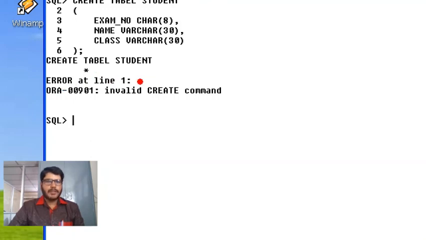You can see here it is highlighting the mark at table here, and it is generating a error message saying that error at line number 1. What it is saying? The error message is invalid create command. So that means what? Whatever created command you are writing, it is invalid. There is no such create command. So that is SQL compiler is saying.